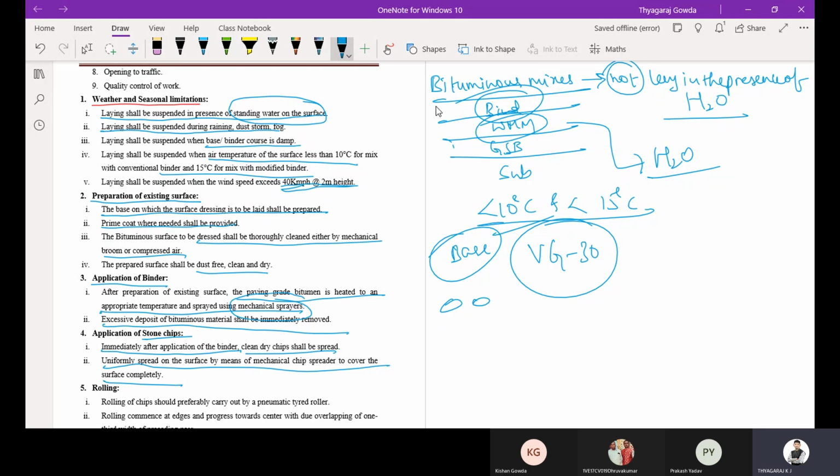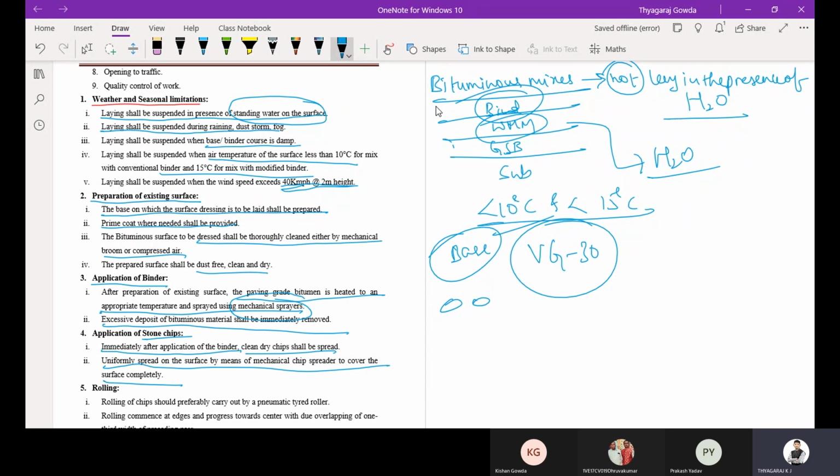As soon as you apply the binder, you are going to lay the chips, spread uniformly on the surface by means of a mechanical chip spreader, to cover the surface completely.